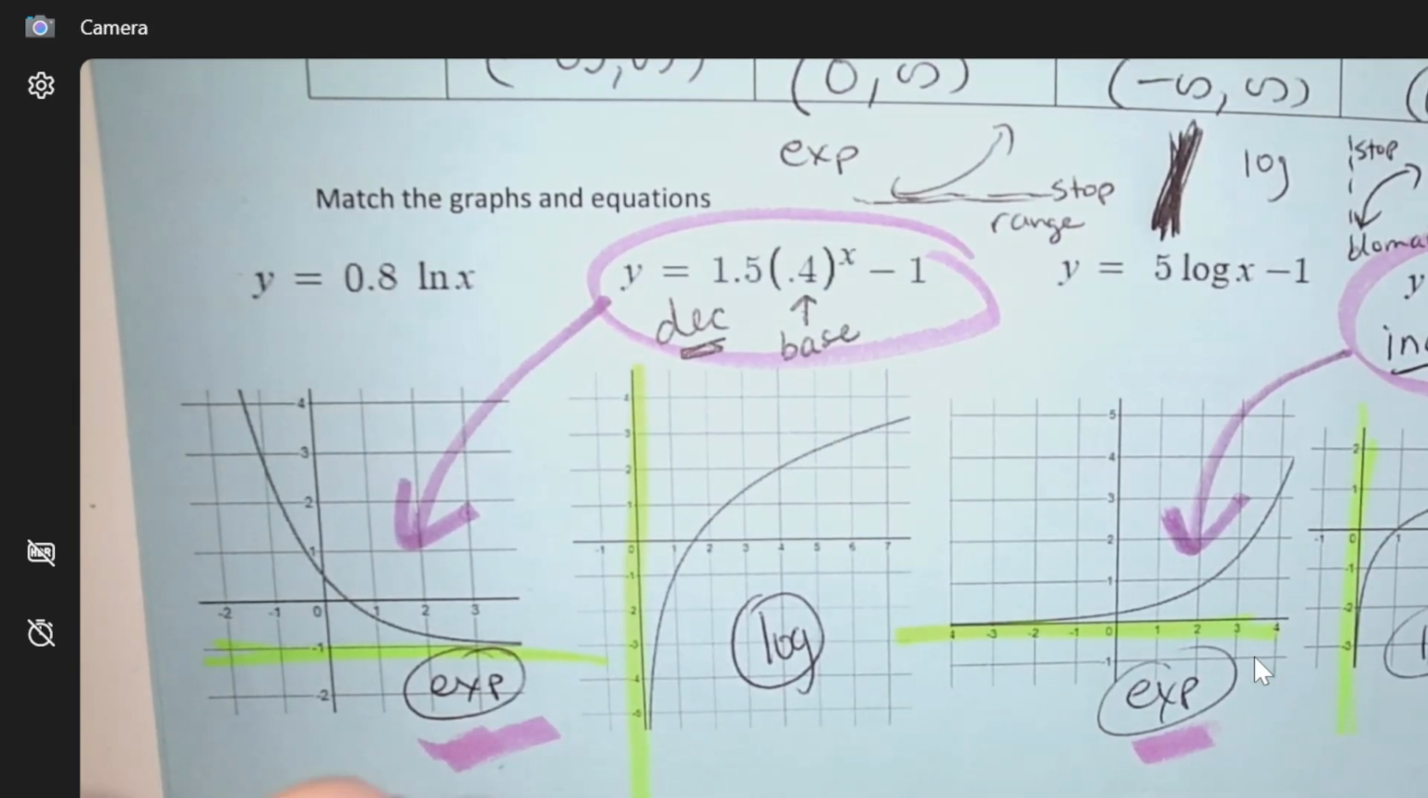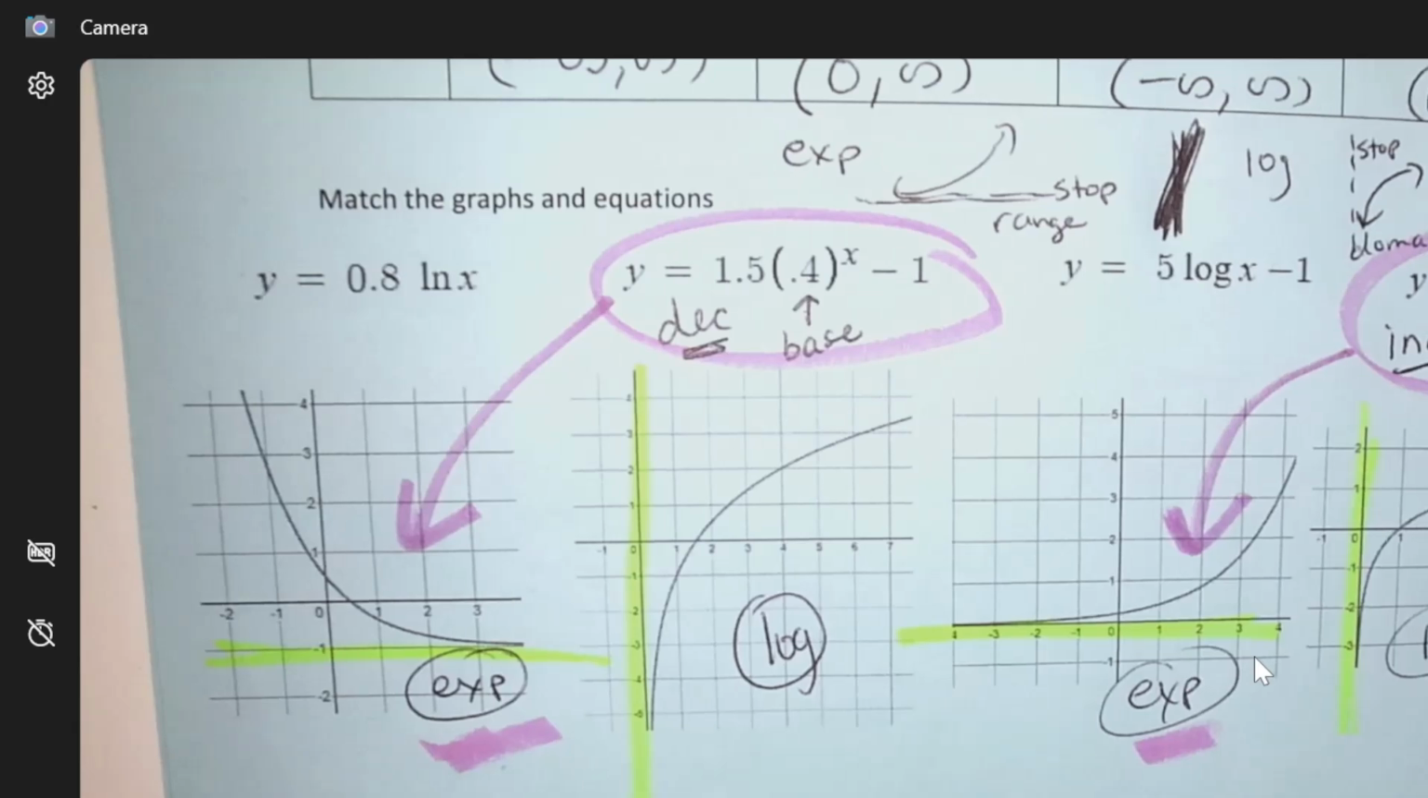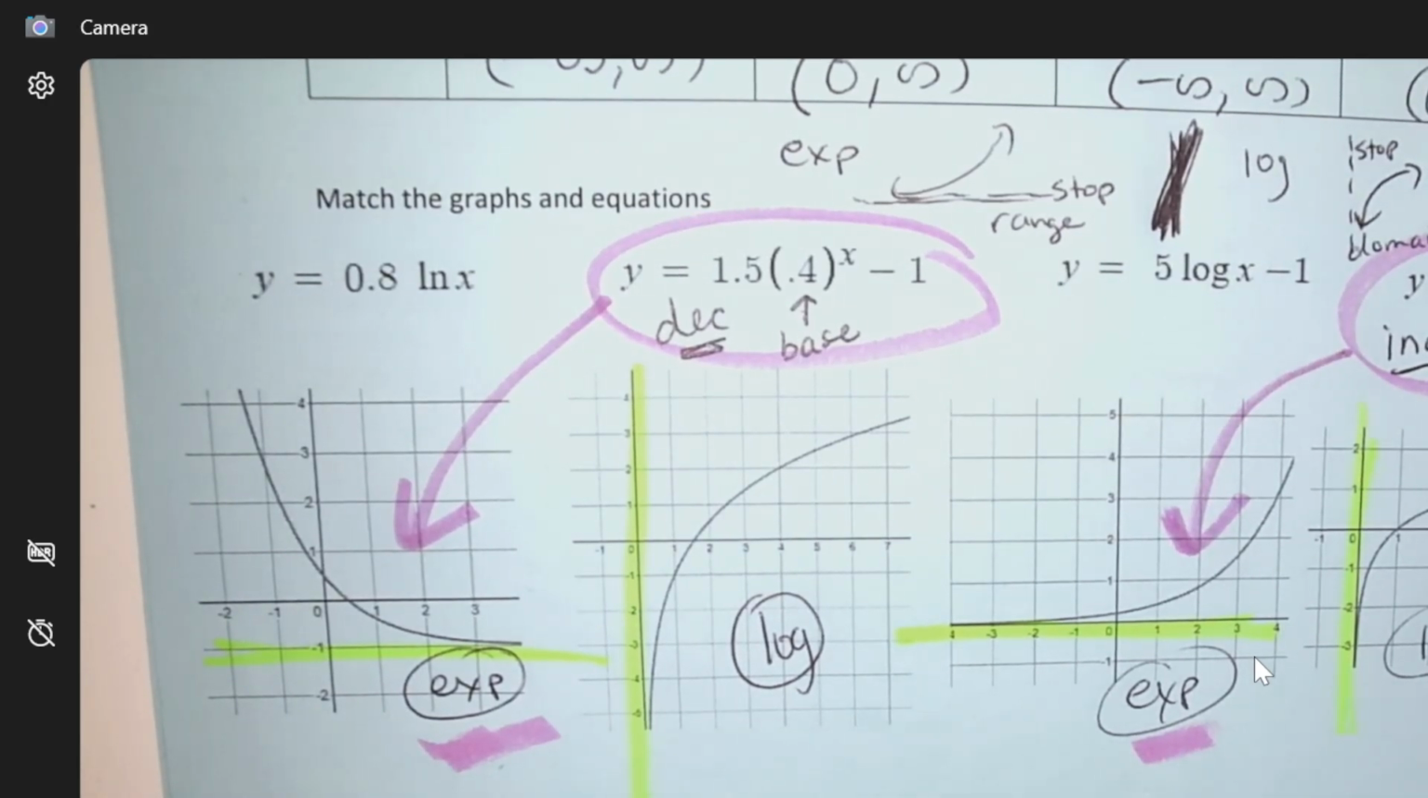So I believe on your test I might have put this stuff without a calculator, that I'm not letting you use a calculator. So do you see how I'm reasoning it? I haven't touched my calculator yet. Okay, so now